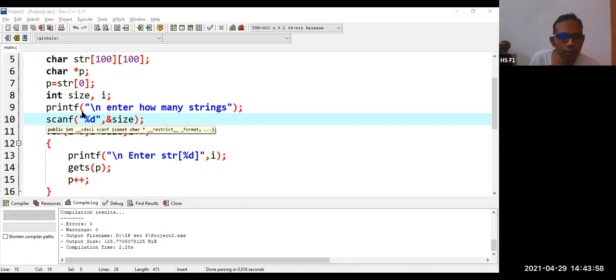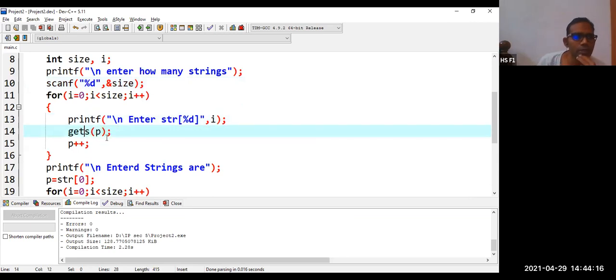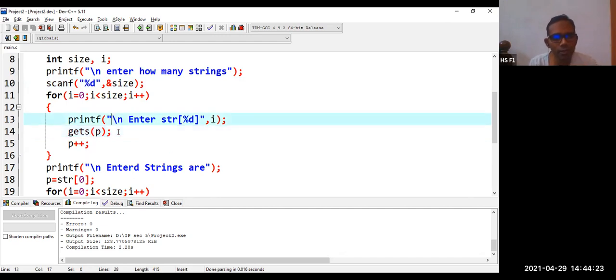Just let me check. So here we can use gets P. Gets P is not accepting. Why? Because the flush is not there.